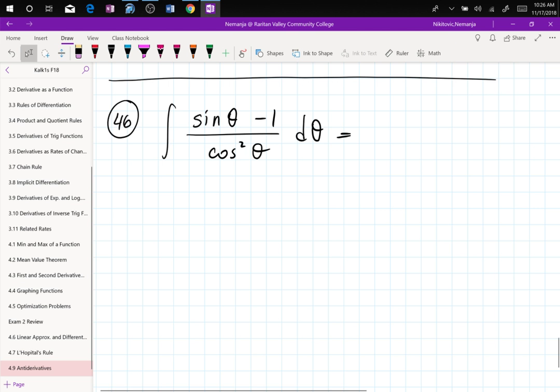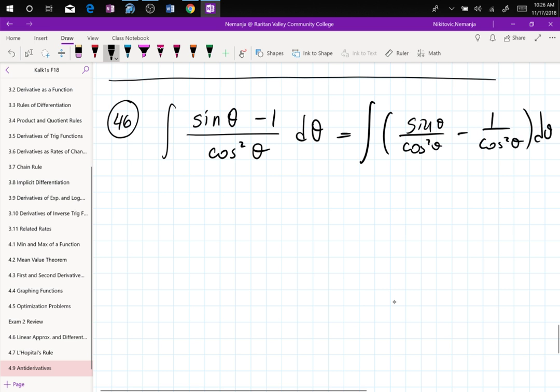So I'm going to now split this into sine theta over cosine squared theta minus 1 over cosine squared theta d theta. These big parentheses are important, and you will see that importance shortly,